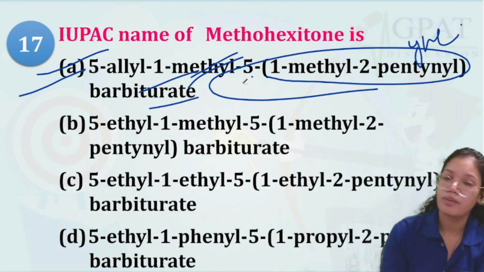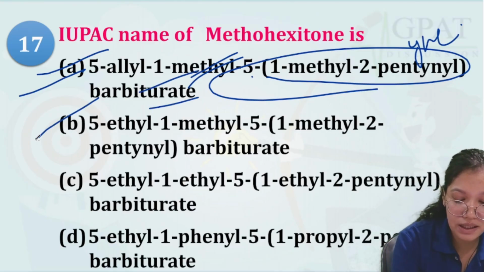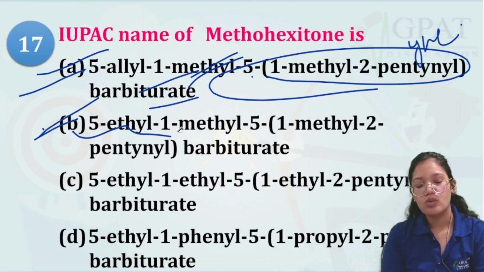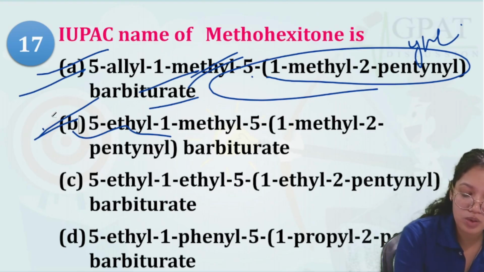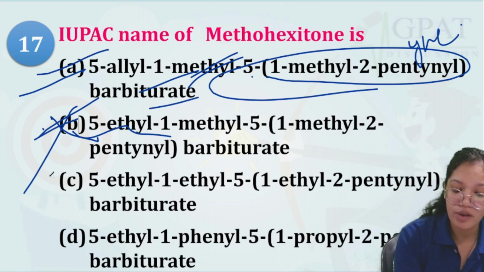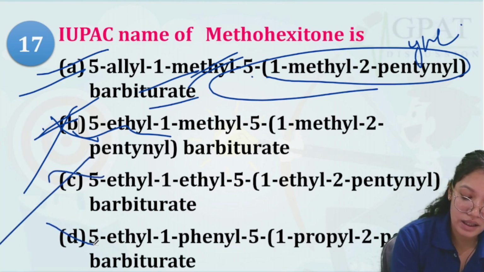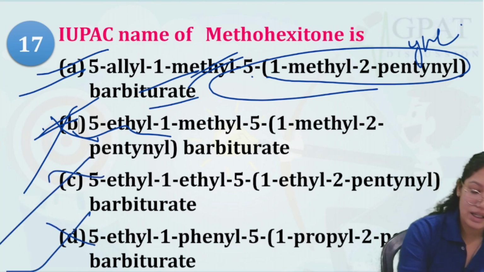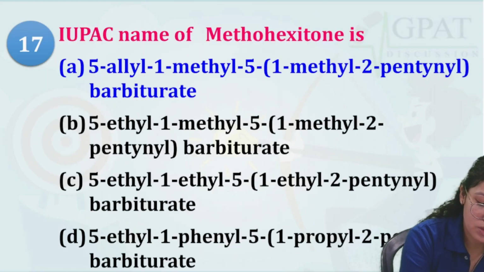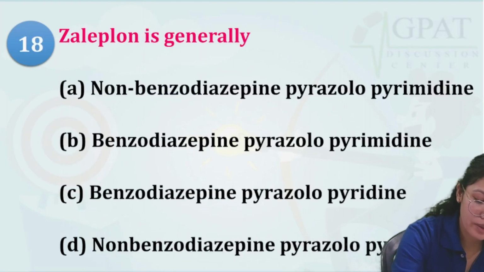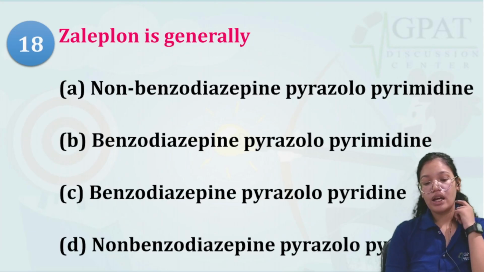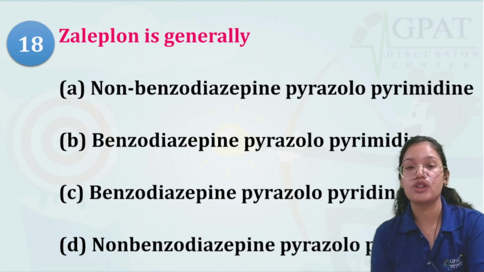Then barbiturate, yes, it can be considered. Then B says 5-ethyl. So was there an ethyl group at the fifth position? No, there was an allyl group. So B can be removed. C says 5-ethyl again. D says 5-ethyl. So A is the answer. That says at the fifth position we have the allyl group. So methohexitone. Next question we have